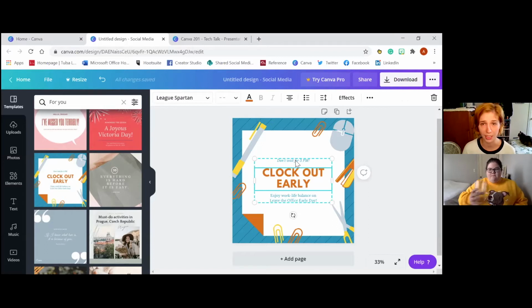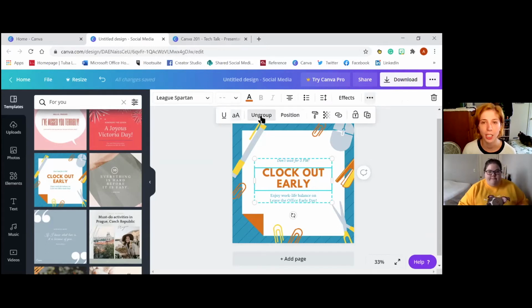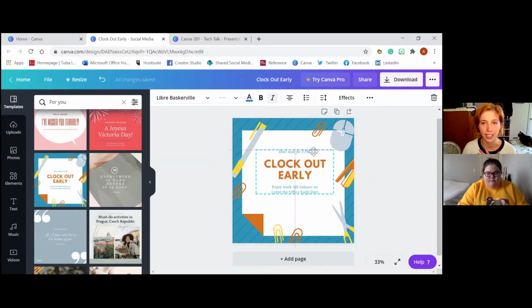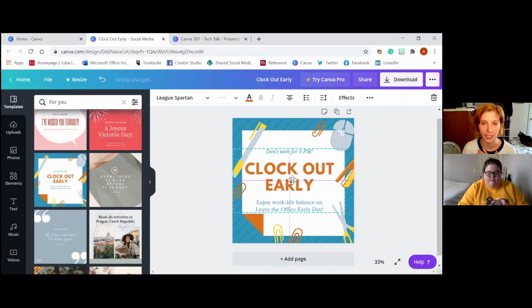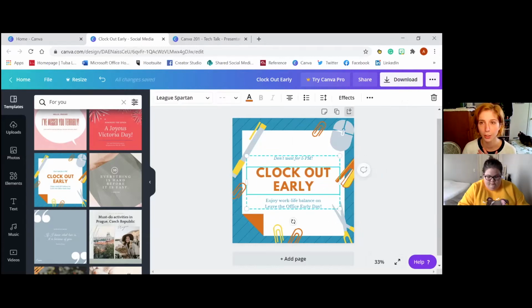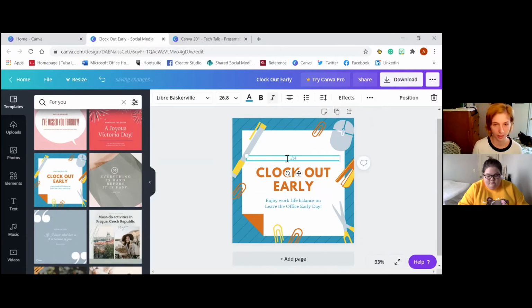For example, these text boxes, we can see that they're grouped together because there's these dashed lines around them. If I go up here and click ungroup, that'll separate them so I can edit them individually. But grouping them means that I can move all of this together and they stay as they are, they stay sized relative to each other, etc. I'm gonna ungroup them so I have some more control here. I'm gonna say, join us for a